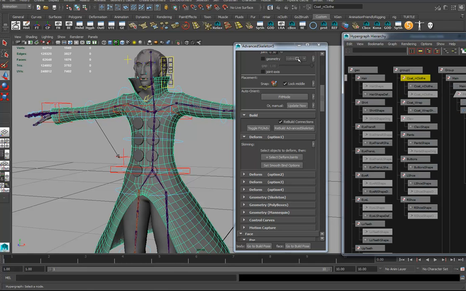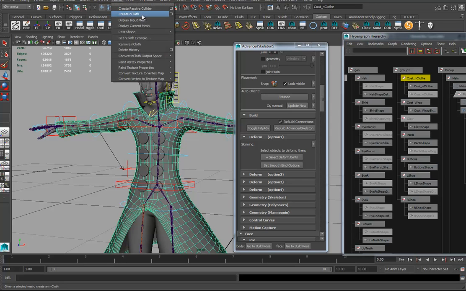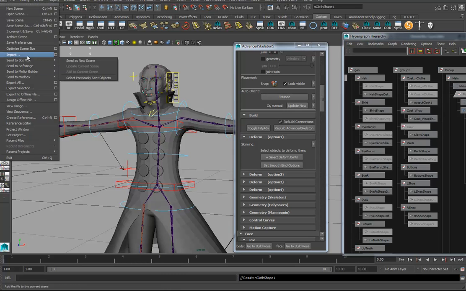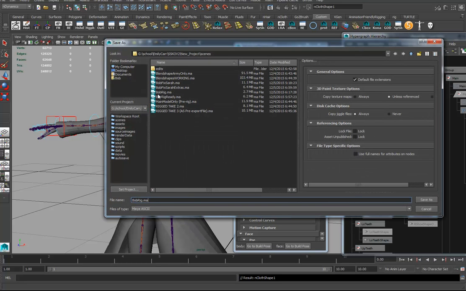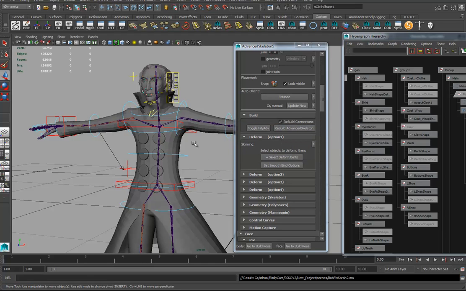But what I can do is I can take this thing now after I've weighted it and everything, and I can go over to nDynamics, and I can go into nMesh, and I can create nCloth. Okay, so I just created nCloth, and actually I just realized something. I haven't saved in a while, and if I crashed right now, I'd be sad. So I'm just going to call this, let's go and call this number 2. There. And you already see my naming conventions is starting to get out of control too, but whatever. Okay, so I've made that into nCloth,